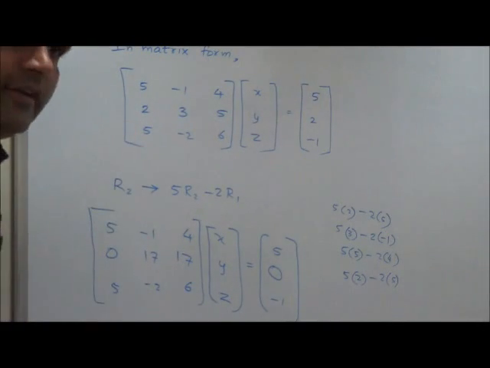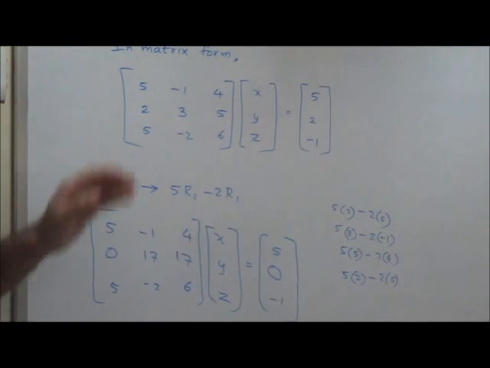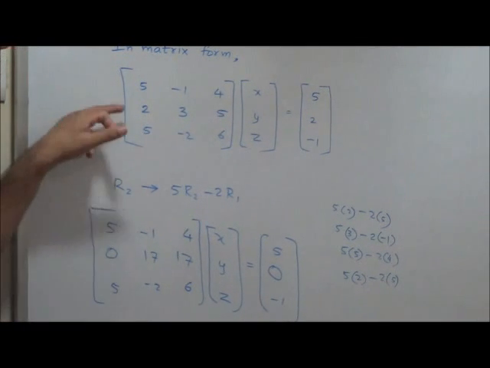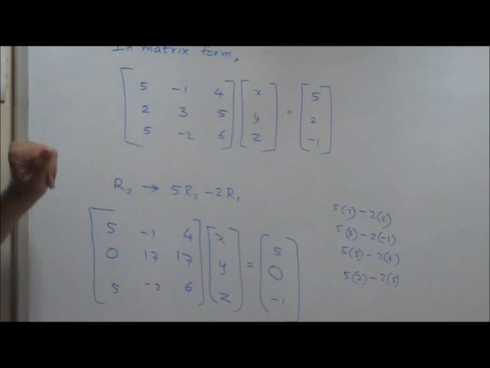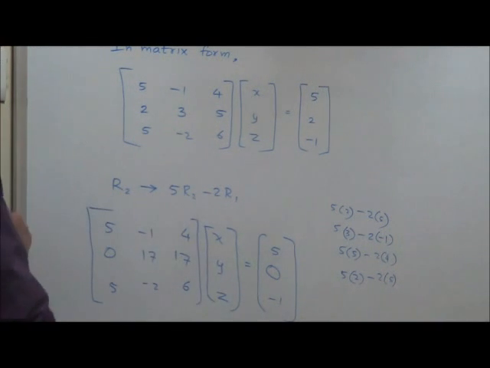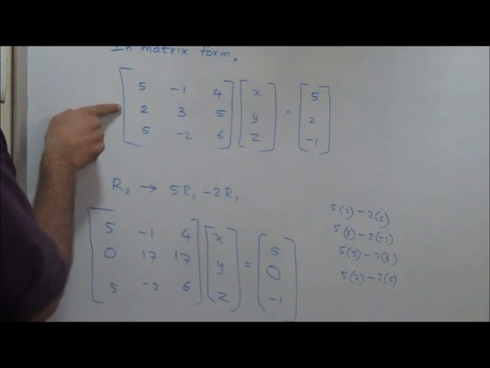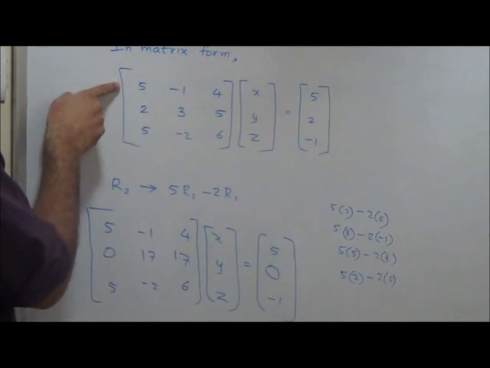In matrix form, we had got this matrix, the equations we had converted into matrix form. Now, I want to get a 0 in this position. Please observe what transformation I do. I will do R2 becomes 5R2 minus 2R1. Why am I doing this? This is 2, this is 5. Here I could multiply this whole row by 5. I could multiply this whole row by 2.